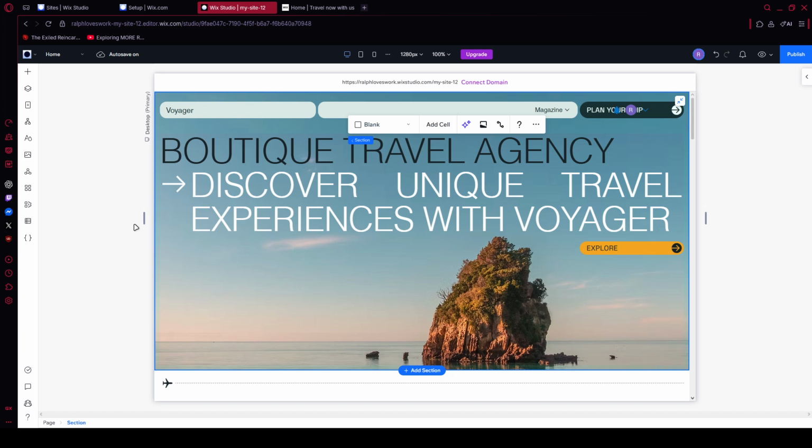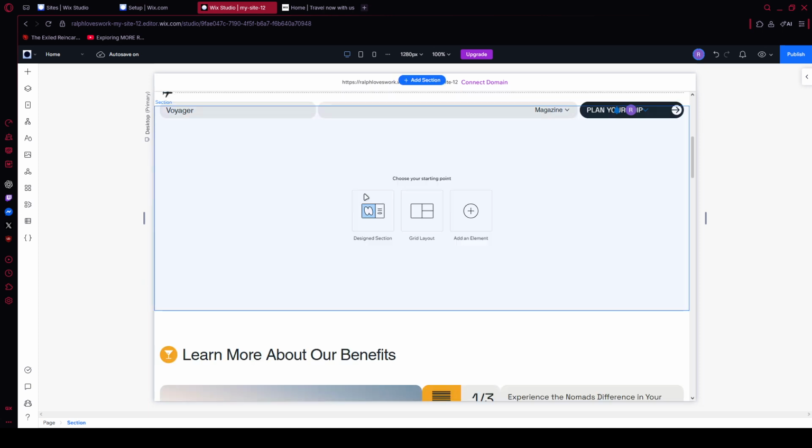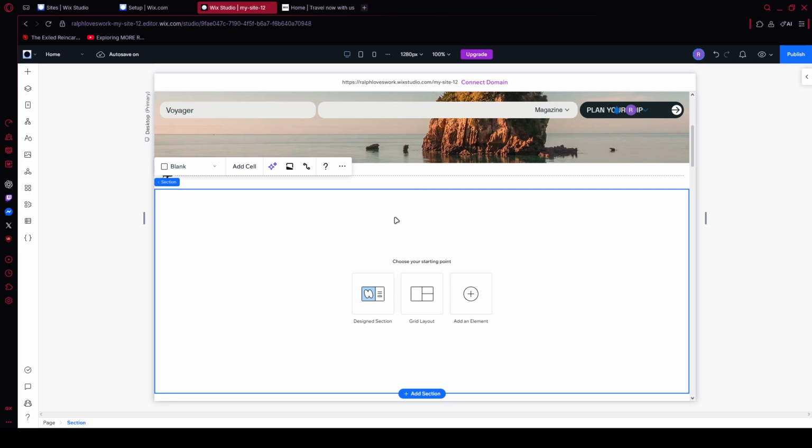Next, decide where the image should live on your page. Scroll to the area you want to update. If there's already a suitable section, you can use it. If not, click Add Section to create a clean space dedicated to your media. Adding a new section helps keep your layout organized and ensures your image has the breathing room it needs to